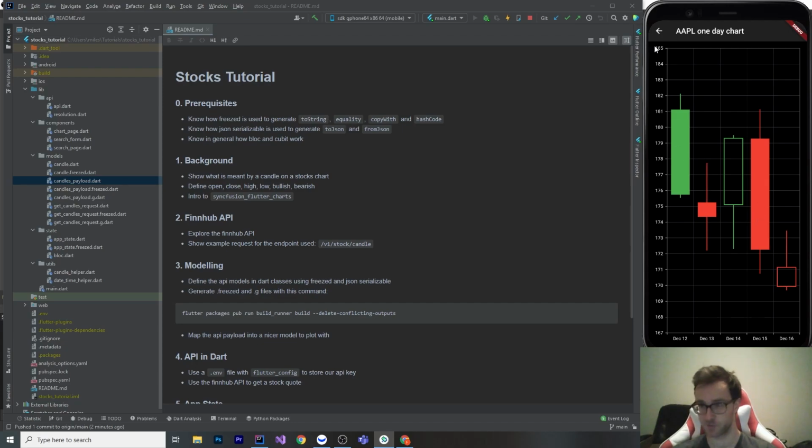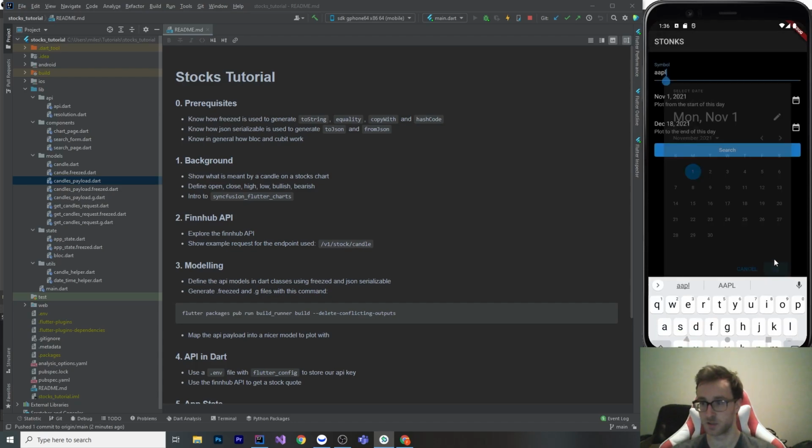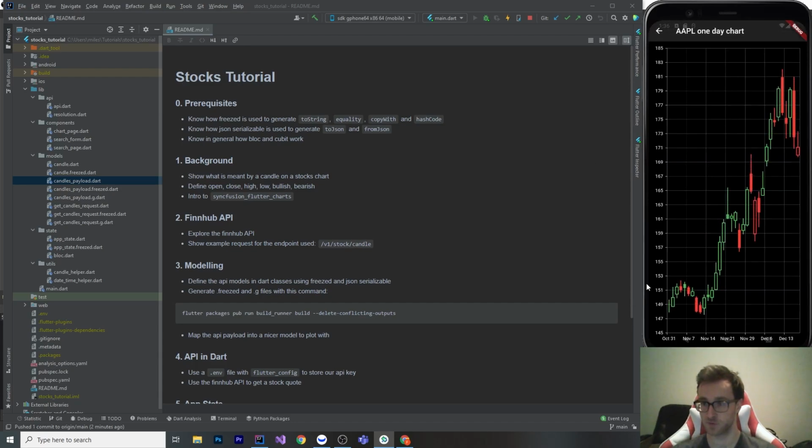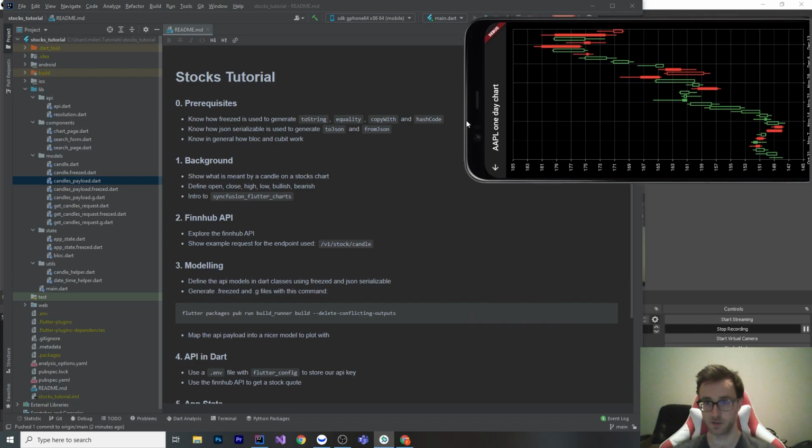Now it looks a little weird with so few days. Maybe we should pick a couple more days here. Pick the start date a little bit further back, maybe a little more. Search like that. And then when you rotate the screen, which is a bit awkward with the emulator, it actually looks pretty goofy, honestly,